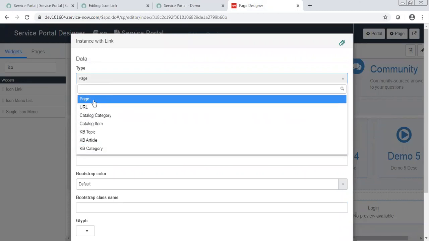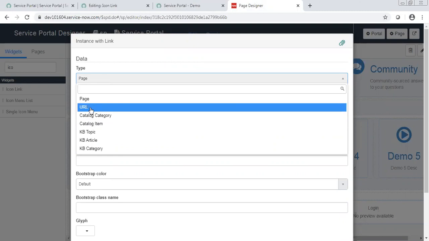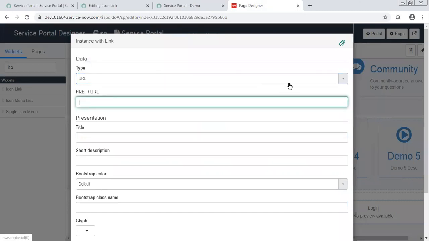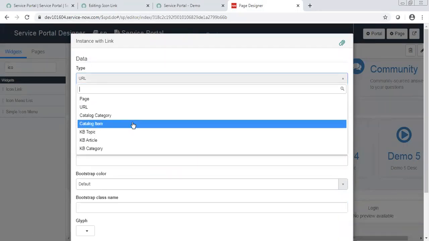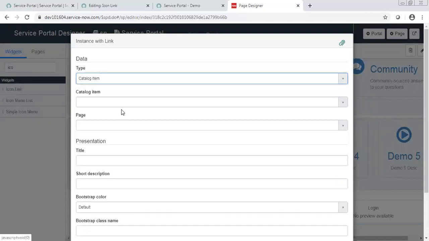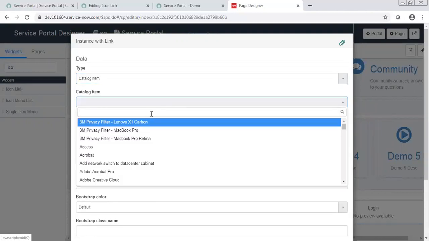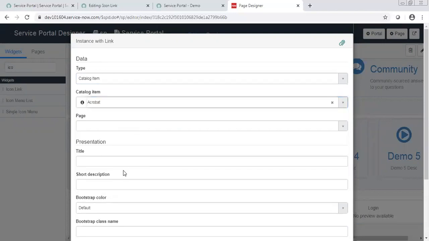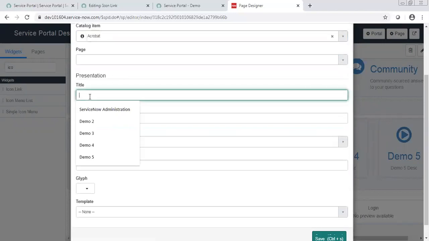If you want to navigate to a page or to a particular URL which is not ServiceNow, you can select the URL and put the URL there. And here you get the catalog, knowledge article category, or any particular knowledge article. All those things you can directly create as a link on your portal without understanding the script.